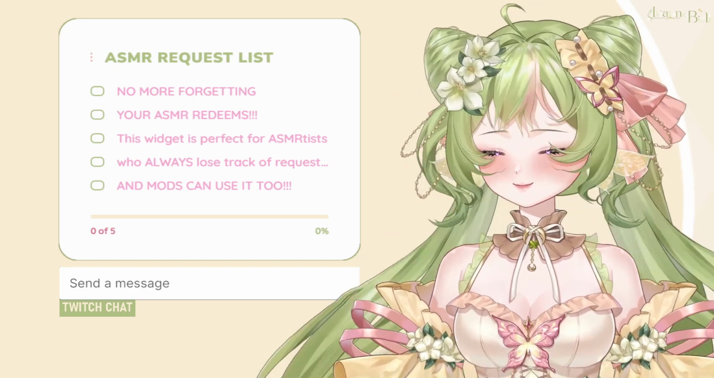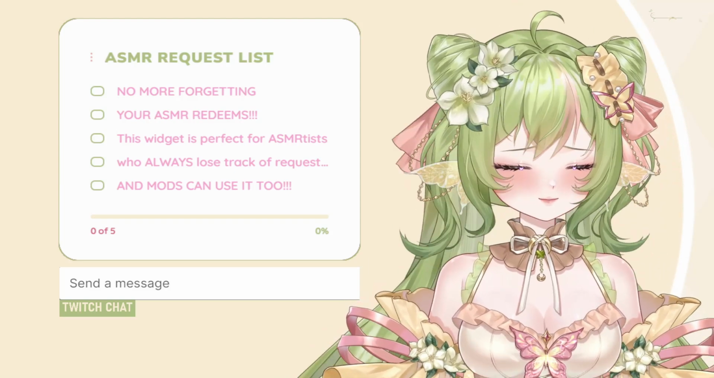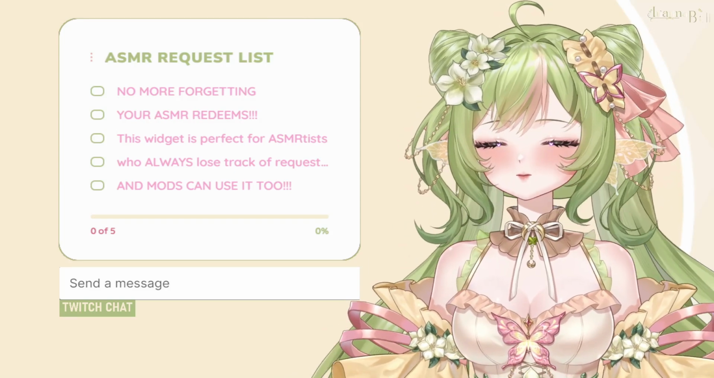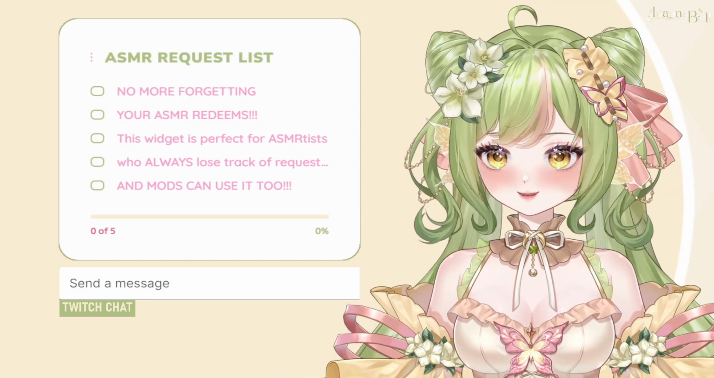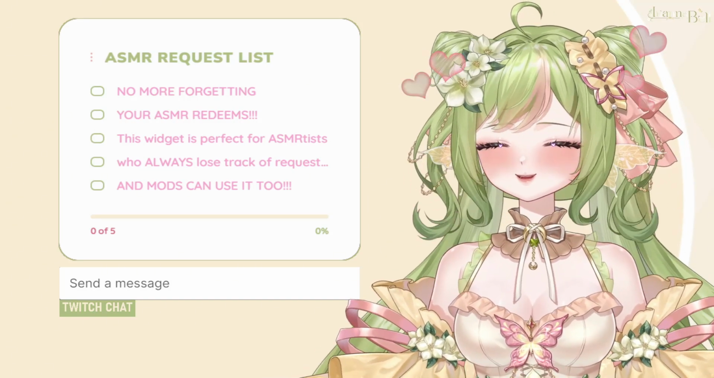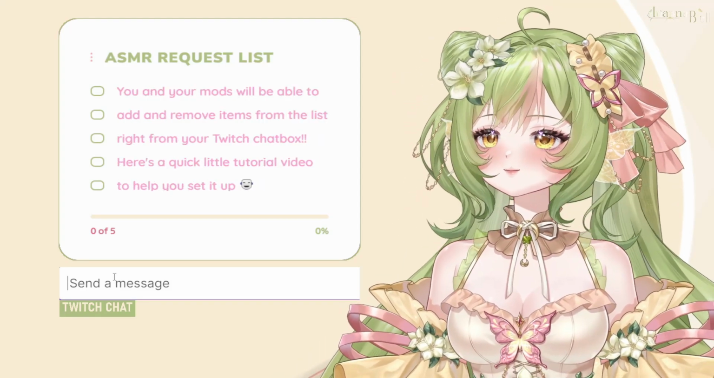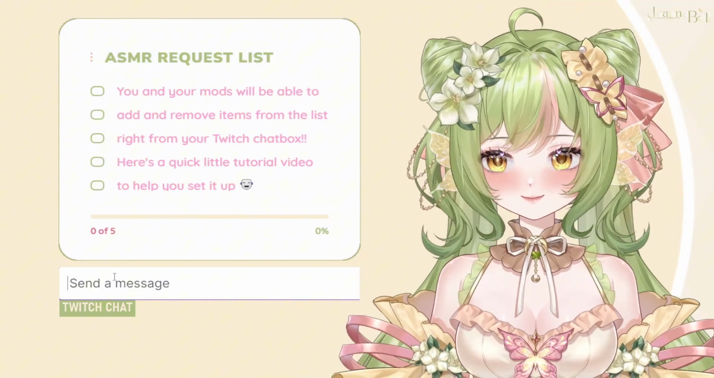No more forgetting your ASMR redeems. This widget is perfect for ASMR artists who always lose track of what trigger request they're supposed to do next. And the best part is, mods can use it too. You and your mods will be able to add and remove items from the list right from your Twitch chat